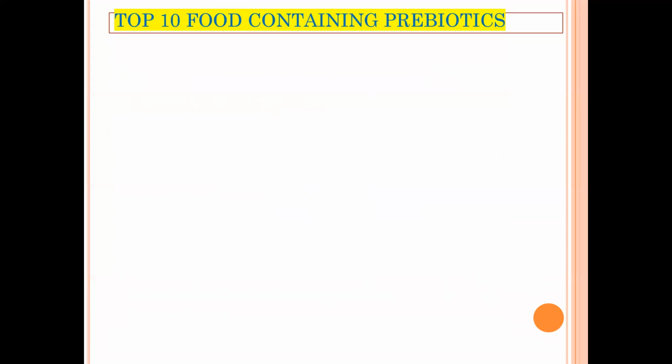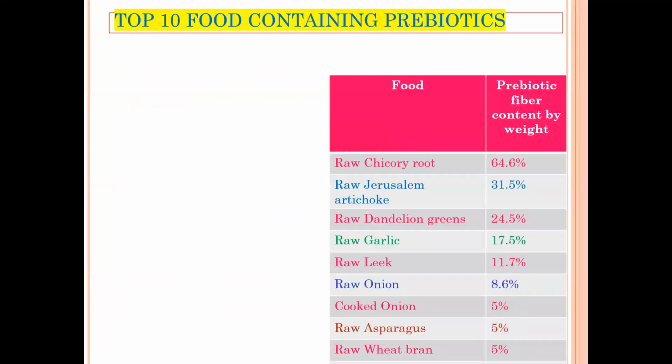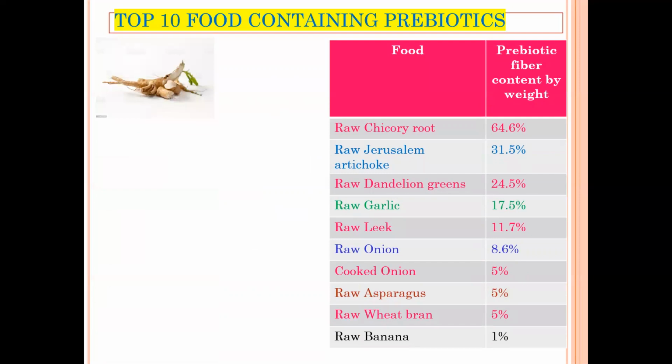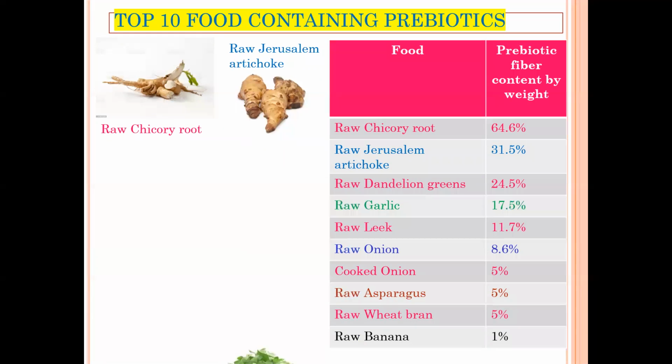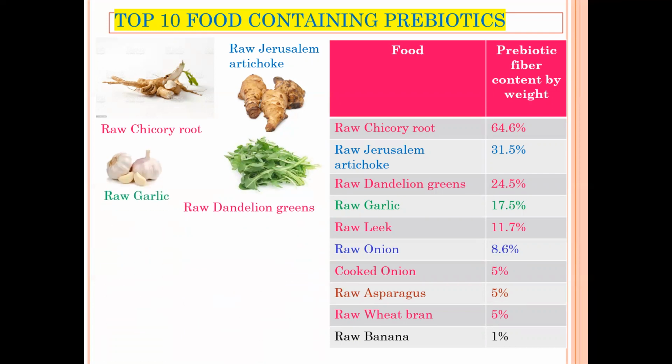So the top 10 foods containing prebiotics are: raw chicory root, which contains about 64.6% prebiotic fiber. Then raw Jerusalem artichoke, containing 31.5%. Then raw dandelion greens, having 24.5% of prebiotic fiber. Our very well-known raw garlic contains